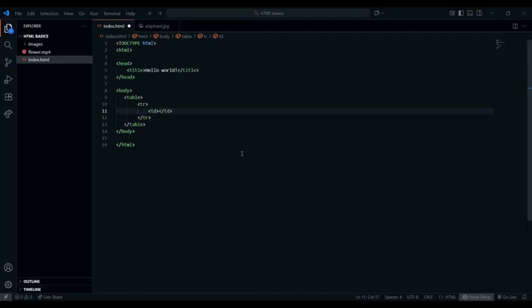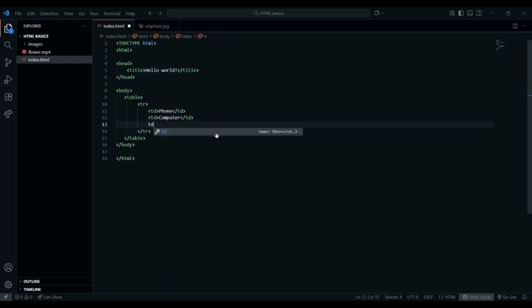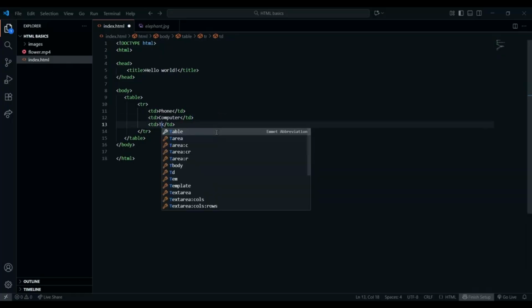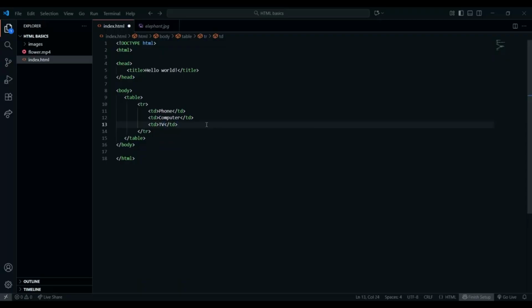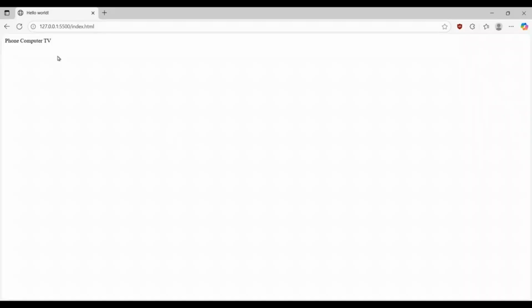And then inside of here you can write, for example, phone, and then a new one, and write computer, TV, some electronics, and then we click on go live. Okay, so as you can see, you can't see anything, but these are actually tables, and I can show you just for this example how you can do so that you can see how it actually looks